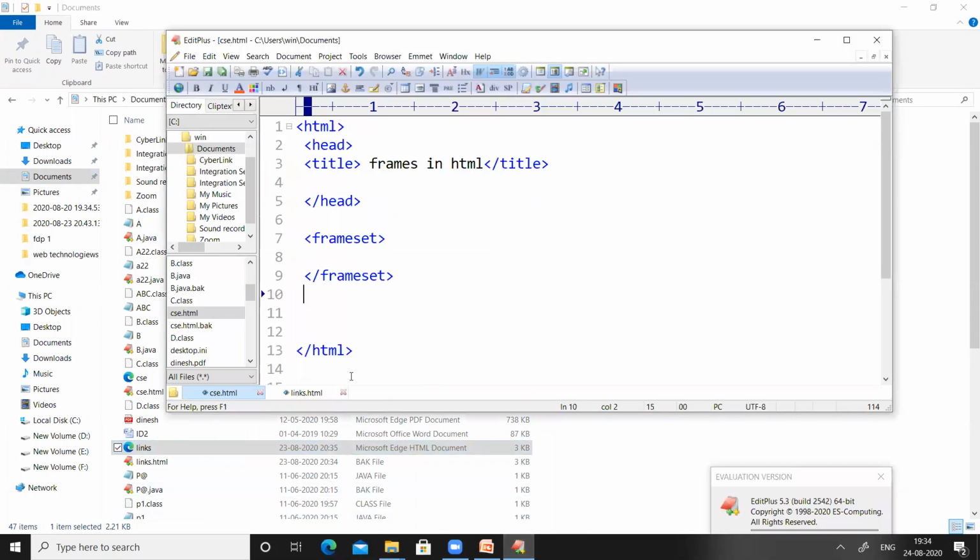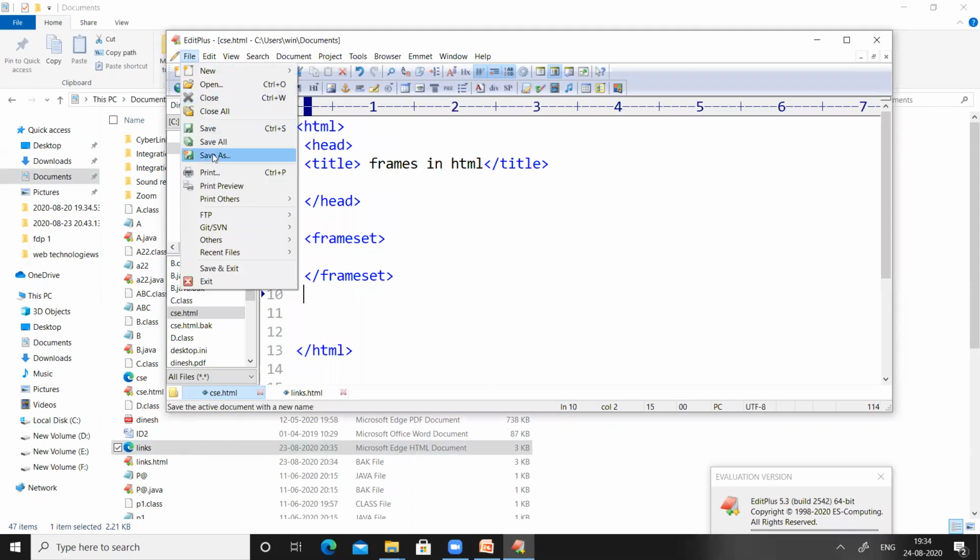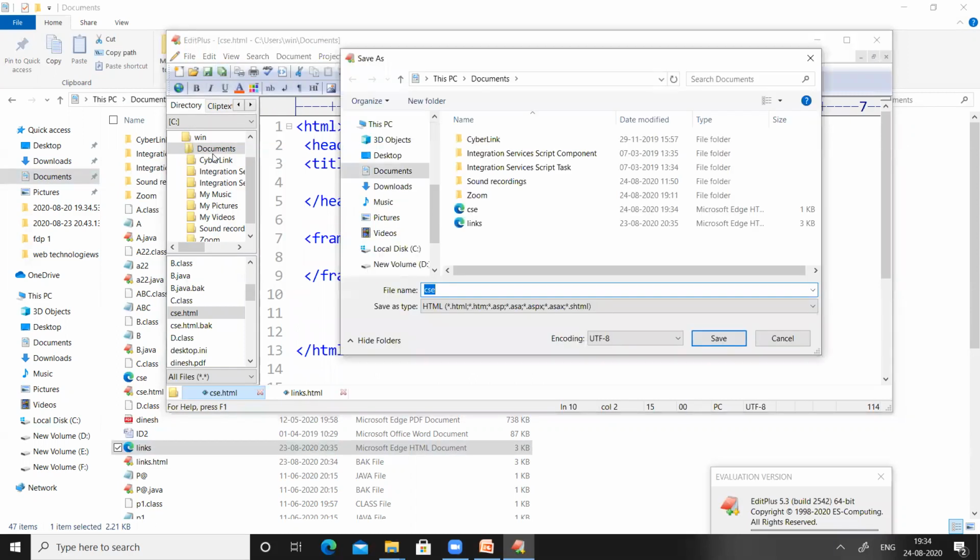Let us save this code with another name. Save as frames.html. I have just changed the name of the web page.